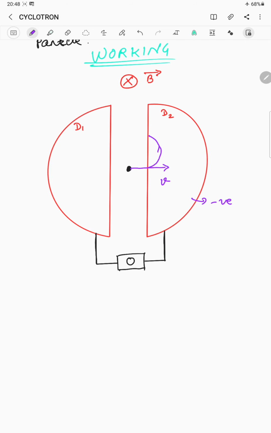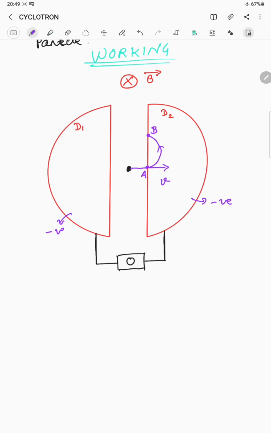Okay, in this direction the proton will move. Now by the time it reaches this point B, I name it as point B. This I name it as point A. So by the time the proton reaches point B, the oscillator will change the polarity and D1 will become